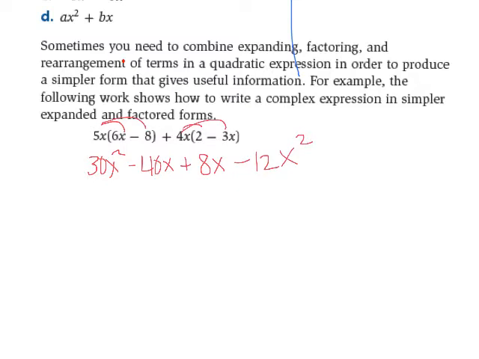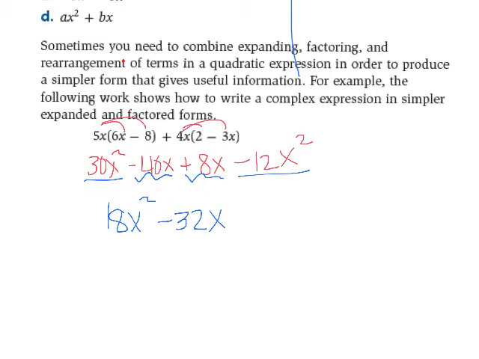Now I can combine the like terms. 30x squareds minus 12x squareds would leave you with remaining 18x squared. And then negative 40x and positive 8x would leave you with negative 32x. This is the most simplified version, and I can finish the problem by then doing the factored form, or the